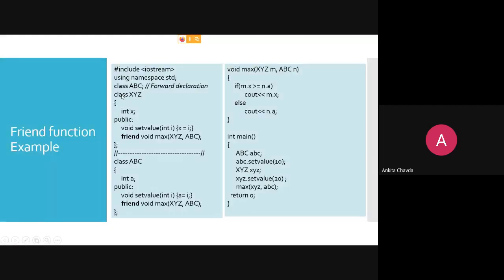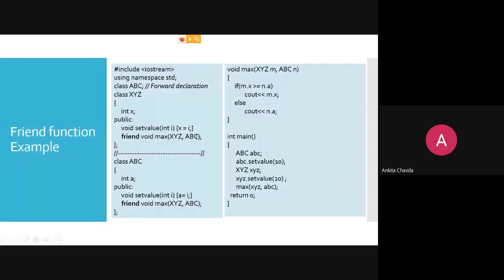Here the forward declaration is required because whenever you are writing your class XYZ, at that time you have this friend function, and over here you have used ABC. So the compiler will not get to know what this ABC is. It only knows XYZ, because that class is being compiled right now. What is ABC? The compiler doesn't find it.